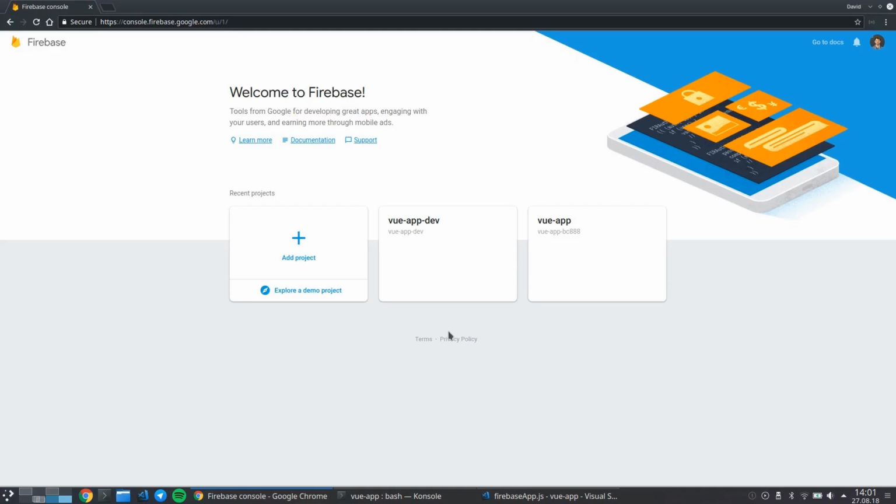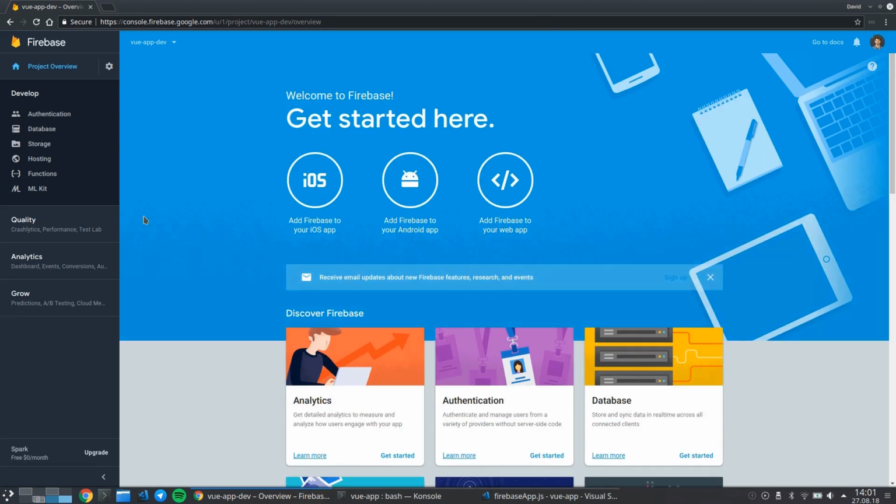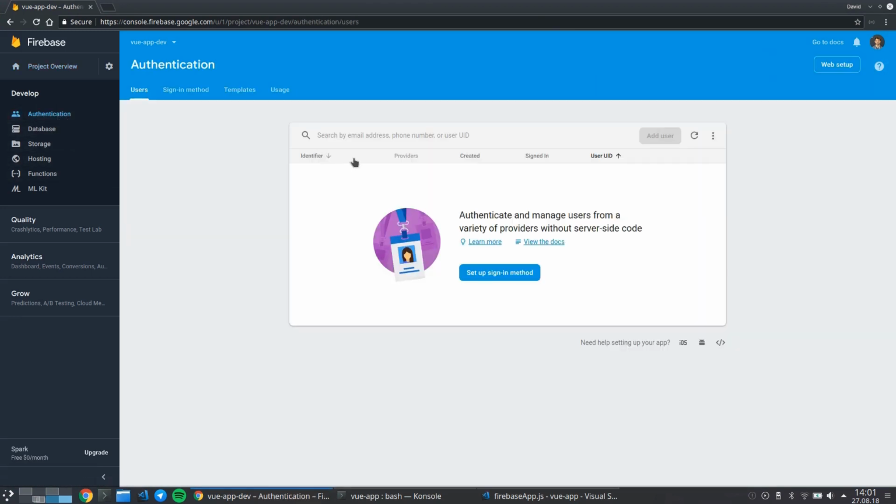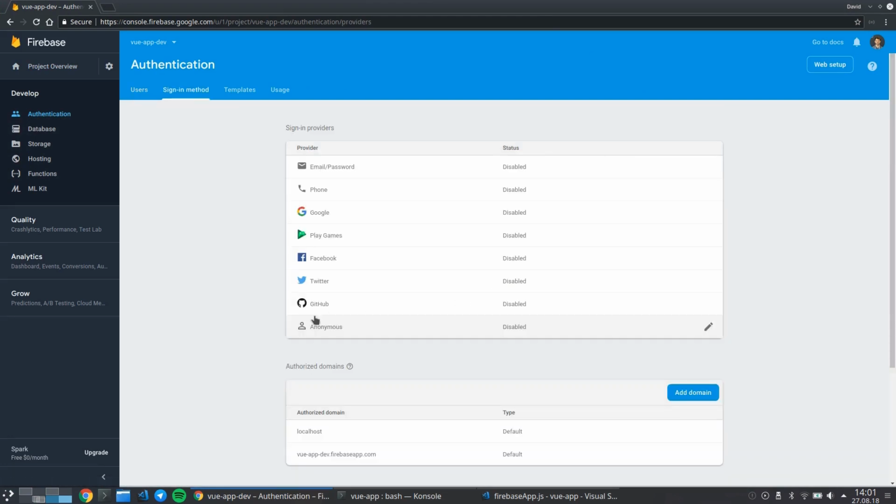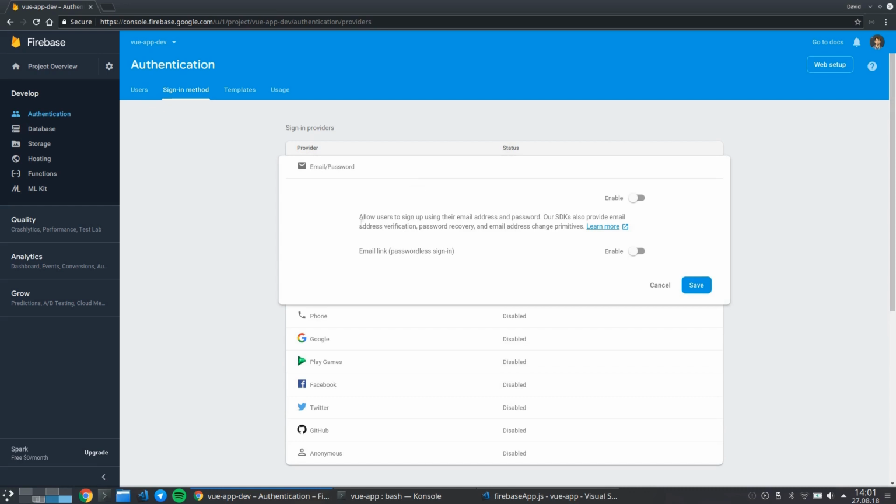Before we can start implementing Firebase Authentication, we need to activate it first in our Firebase console. To do that, we need to go to the Firebase web interface, select our project, in this case our development project. We go to the tab Authentication, and we need to set up a sign-in method. We can see we have different sign-in methods like email password, phone, Google, Facebook, Twitter, and some others. For now, we just do a simple email and password authentication, and we just need to click Enable here and